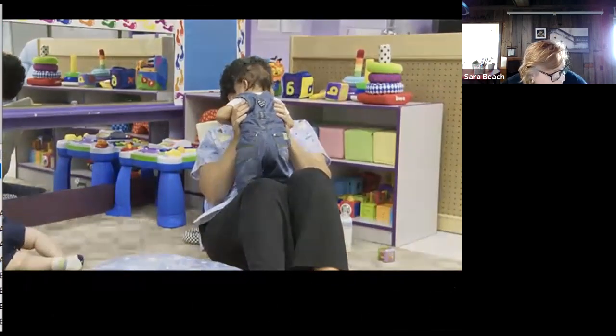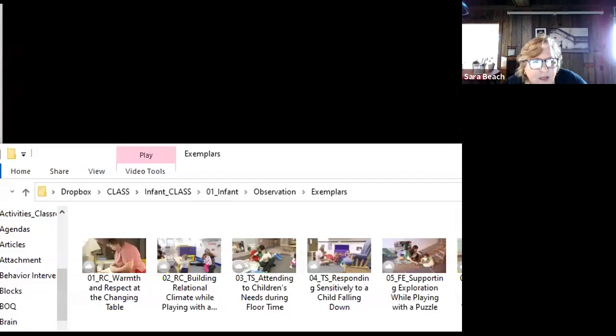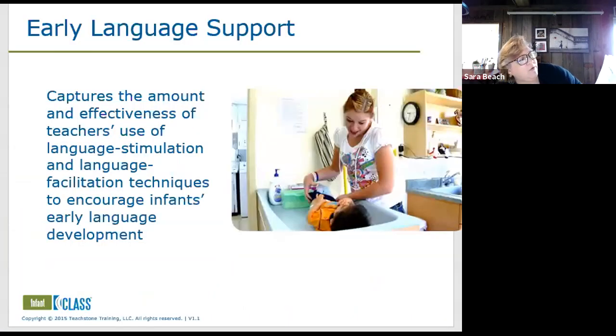Looking at the flowers. Okay, so which of those indicators would you say we saw most in that video? Did you see teacher talk in that video? She was doing a little talking. In terms of the baby that was at the mirror, she was doing a lot of the second one, communication support. So she was getting him to make sounds by imitating the sounds that he made.